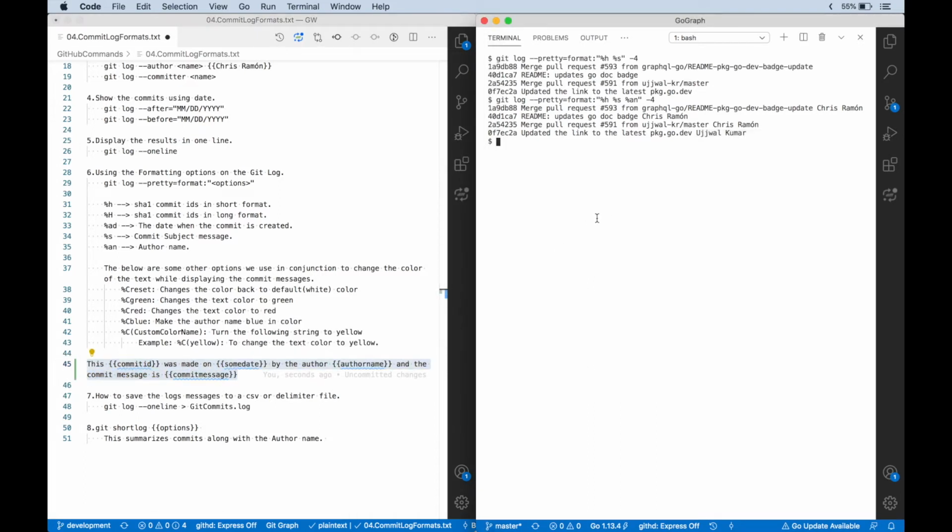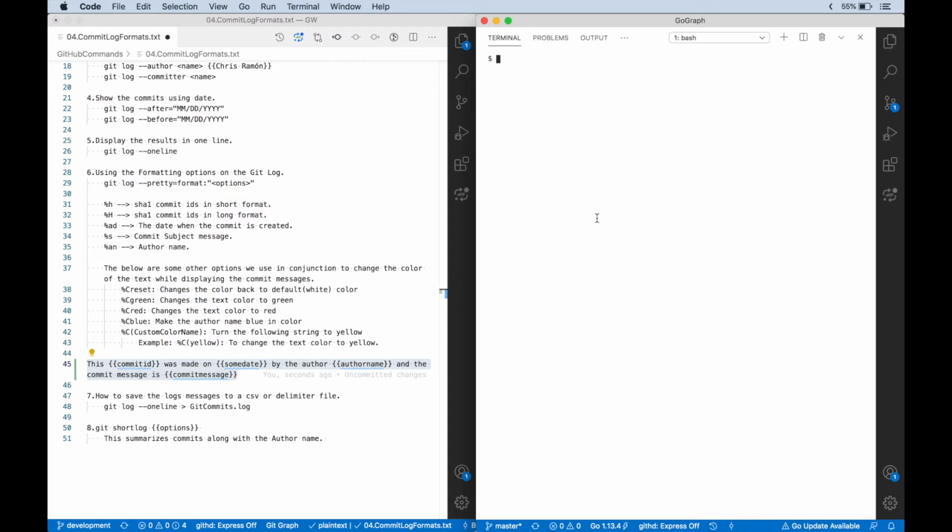So let me go here, clear the screen, and then apply the commit format messaging. Git log hyphen pretty equal to format. What is the first thing we wanted to see? After this, what is the commit ID?